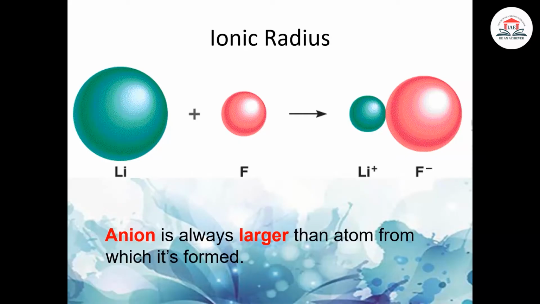And there is a formula: Z by E varies as 1 by R, which you can use to determine the trend of size in isoelectronic species. I will discuss it later. So in general, what we have to remember is that a cation is always smaller than its neutral parent atom, and an anion is always bigger in size than its parent atom. So let's say you are given a question that